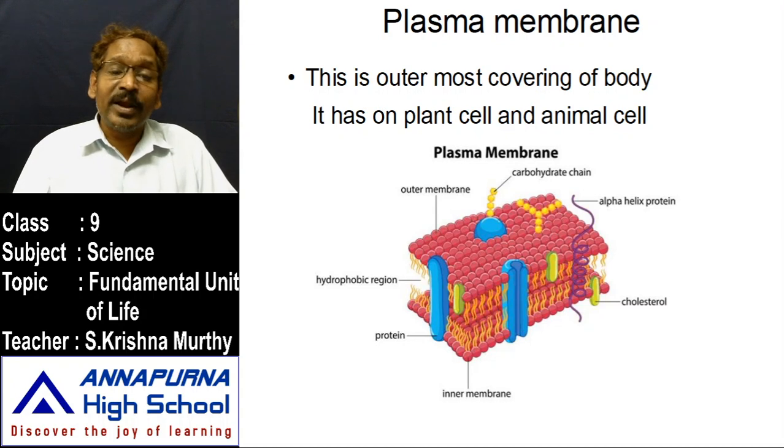Nicholson and Singer observed that the plasma membrane has two membrane layers. The outer layer is made up of protein and the inner layer is made up of lipid. Totally, when we think of it as a single membrane, it contains protein and lipid. Otherwise, if you want to divide it into two parts, outerly there is a protein layer and innerly a lipid layer. So it protects all the delicate inner organelles.